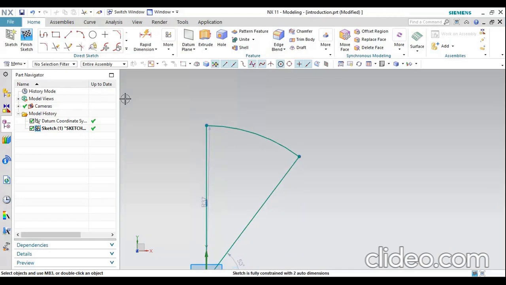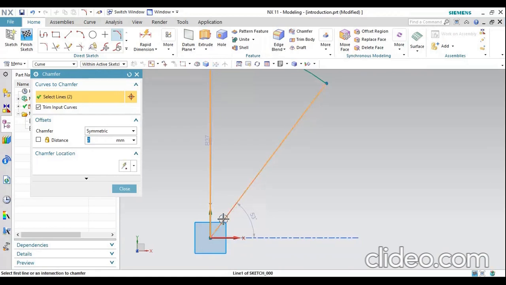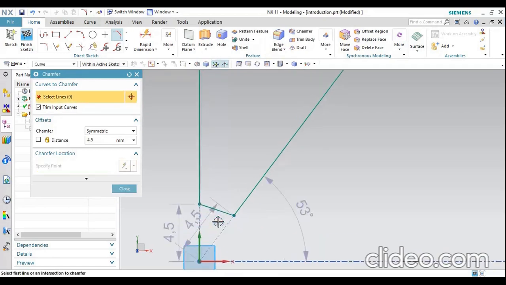Then next, the circle you draw. All this you draw, right. This is a point, to create a sketch point. Then next, we have to create a chamfer. I would like to create a chamfer for this corner. So please select the chamfer. Then please select lines. This one is my first line. Then next, this one is my second line. So the chamfer will be generated like this.